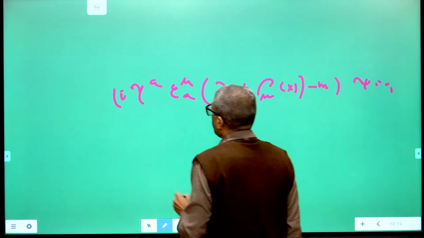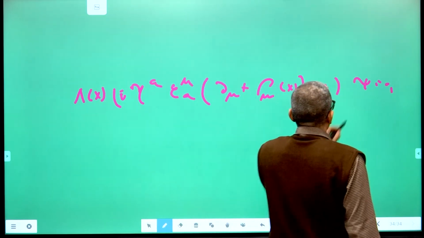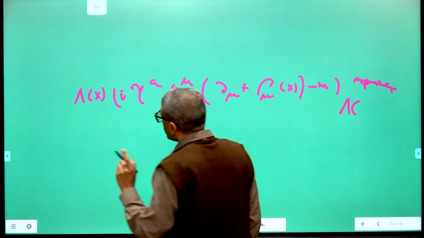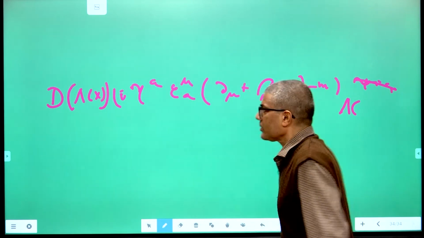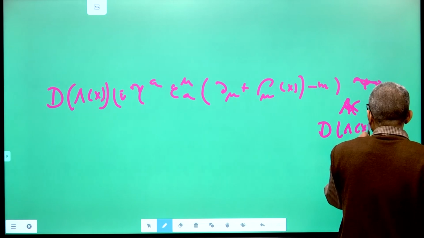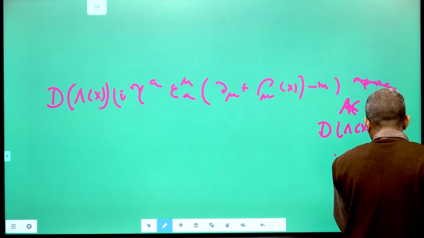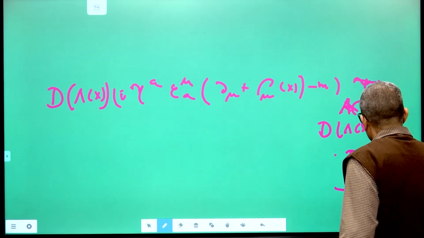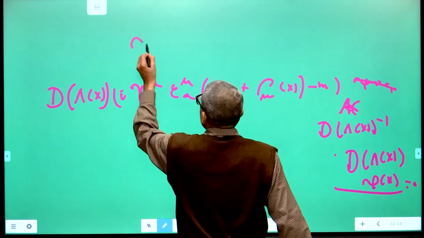So here I apply a local Lorentz transformation lambda x. Actually, I should apply the spinor representation of the Lorentz group. So a local Lorentz transformation will act according to the spinor representation, and here you have D lambda x inverse and then D lambda x psi, this is 0. So the wave function transforms under local Lorentz transformations, so what is the transformation of the wave function?